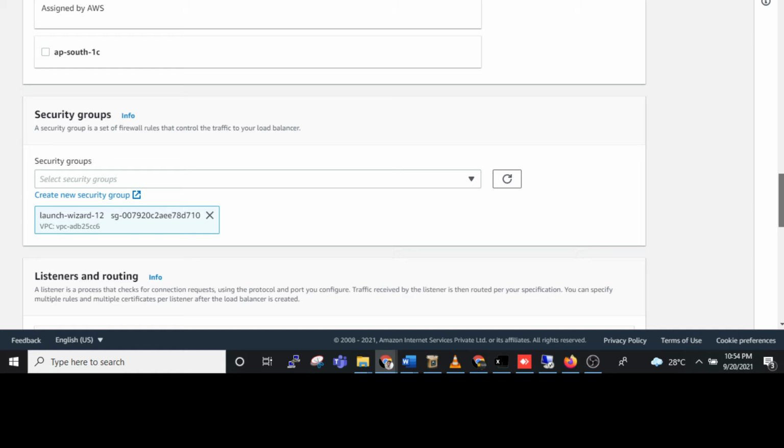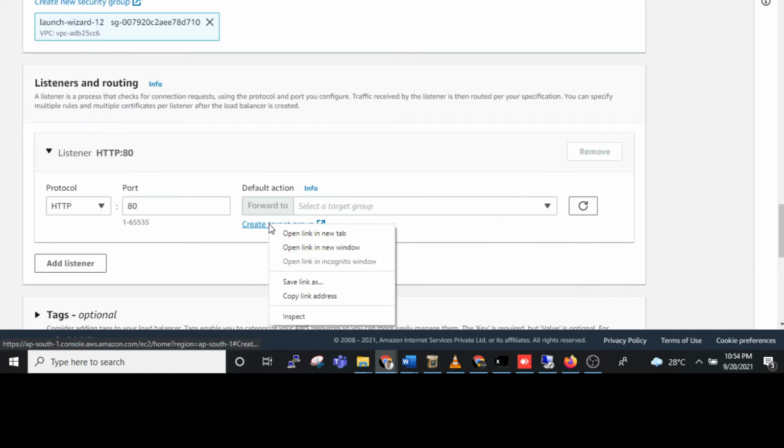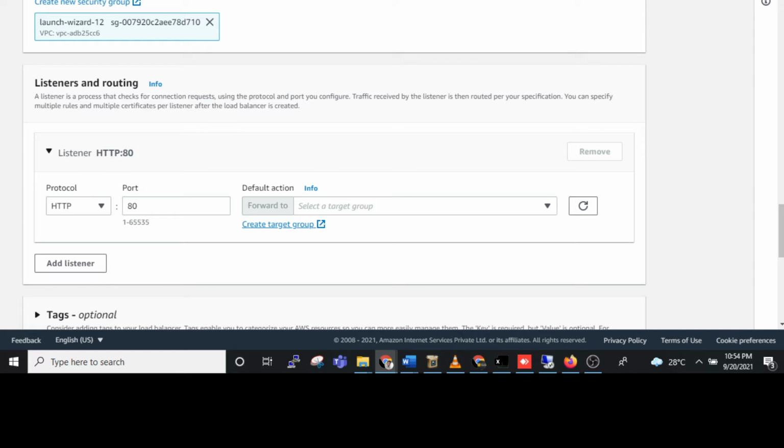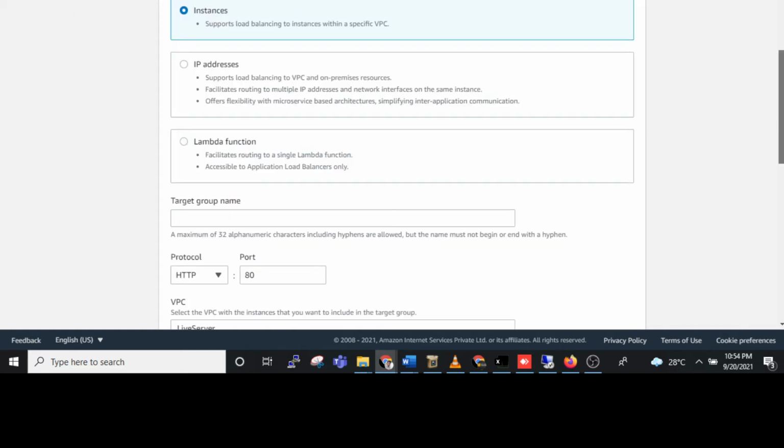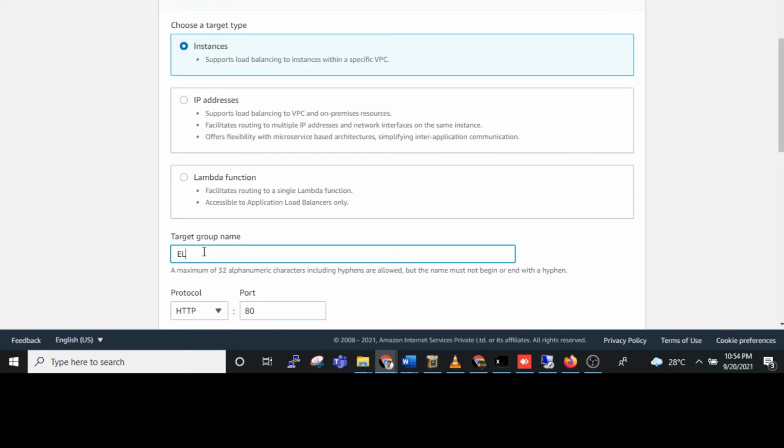Here we need to create the target group because the targets are the two instances. The port number is 80 right now because we have not configured SSL; after SSL we can use HTTPS also. So we select create target group, and in the target group we select instances because we have two instances. We give the name, ELB target.